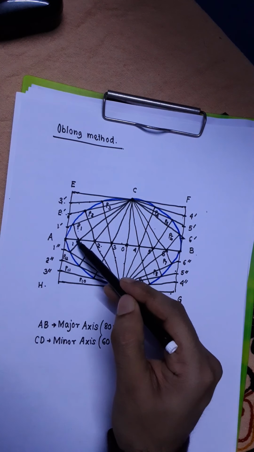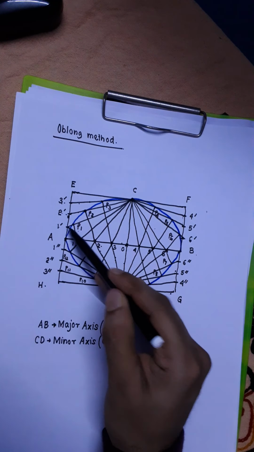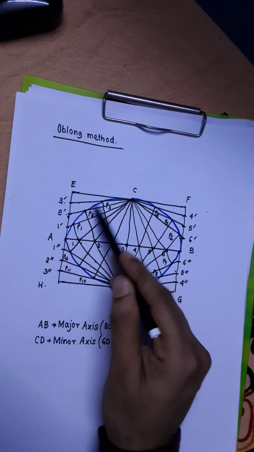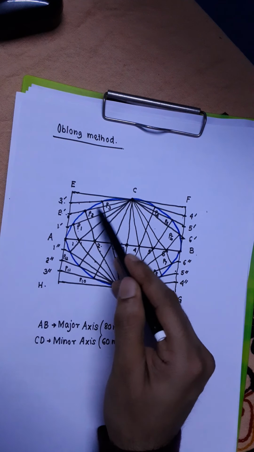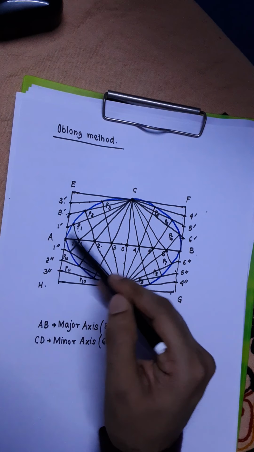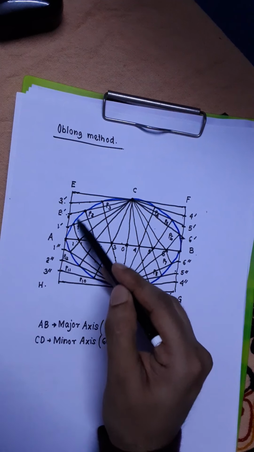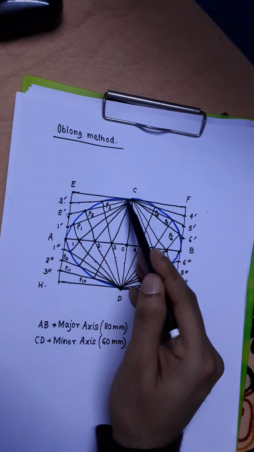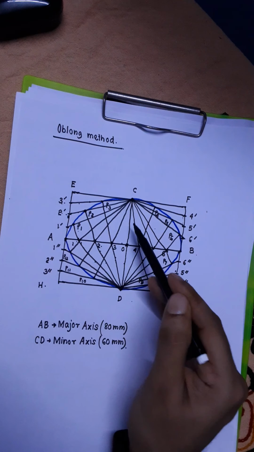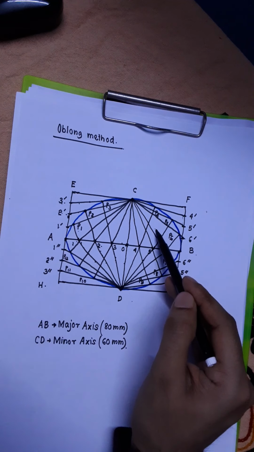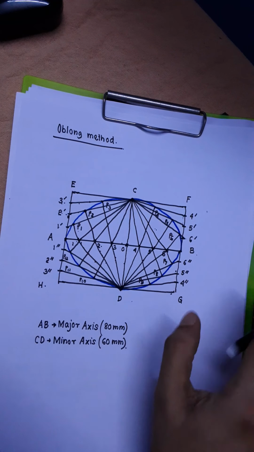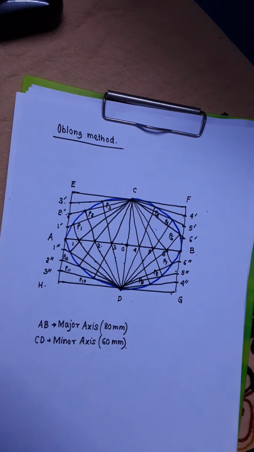This line contains the number 1. This line also contains the number 1. So you extrapolate this line till it meets this line. These 3 points you call as P1, P2, P3. So through A, C, P1, P2, P3, you draw a smooth curve with the help of French curve to get 1/4 of the ellipse. And repeat this construction in the other 3 quadrants, that is here, here and here, to get the remaining part of the ellipse. So this is how an ellipse is constructed using this method, which is referred to as the oblong method.